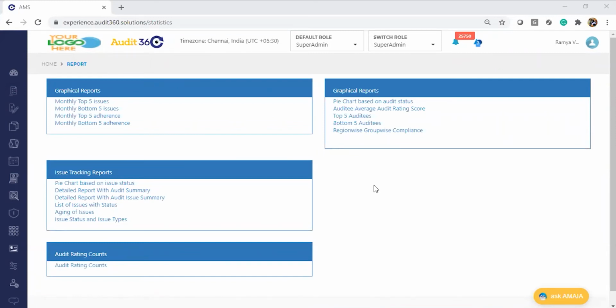For example, if you have 10 checkpoints and 5 are always an issue, those checkpoints repeatedly identified as issues fall under the top 5 issues. Similarly, if I have done 10 audits, those issues which have been least identified would be tagged under the bottom 5 issues. This is the logic used for top 5 and bottom 5 issues.